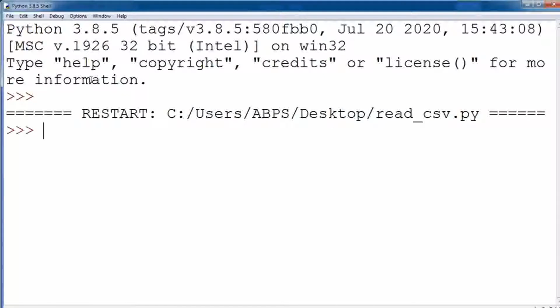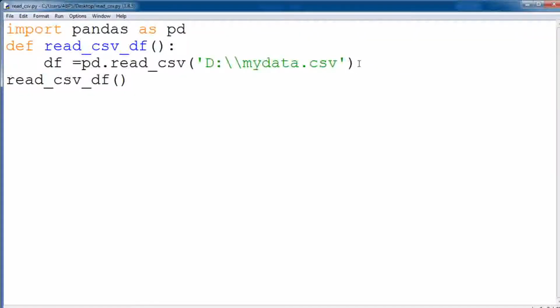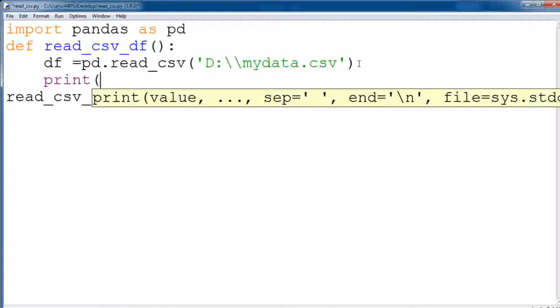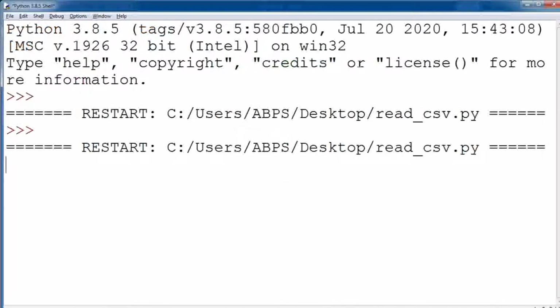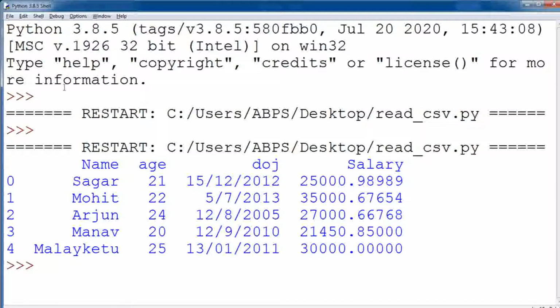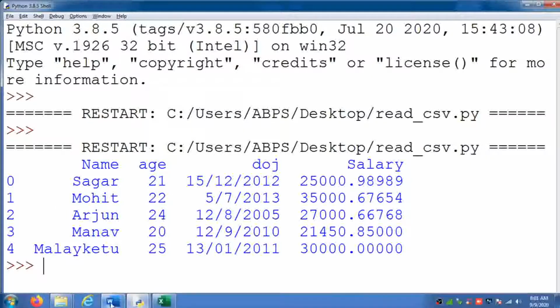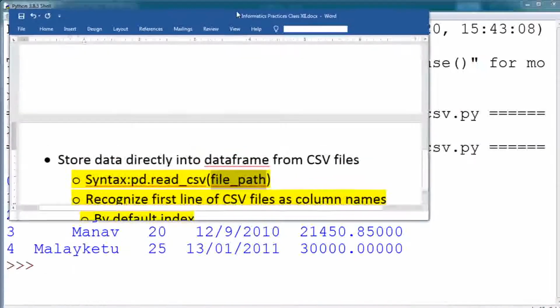So here it is coming like this. Now let me print df. So here you can see all data is converted into a data frame and displayed on the screen. Now you observe this output.